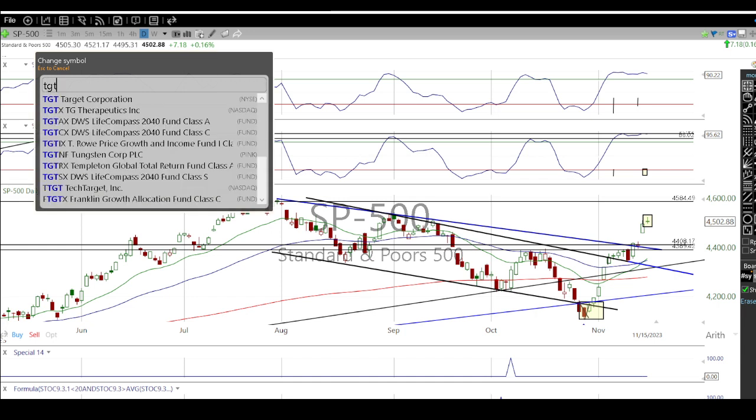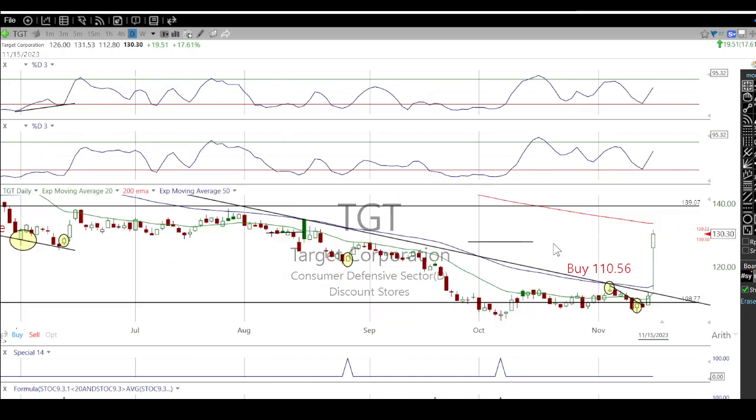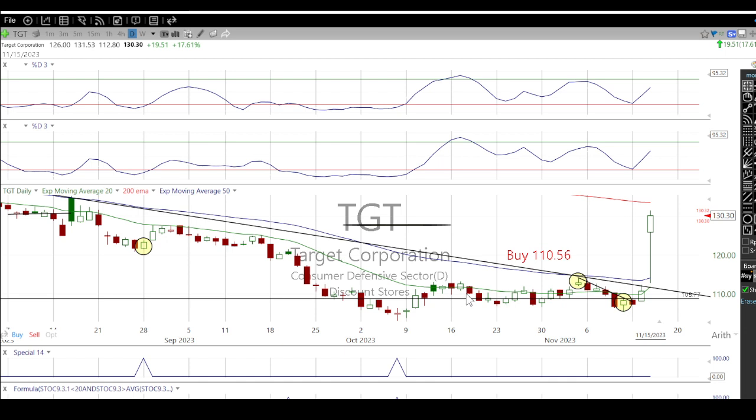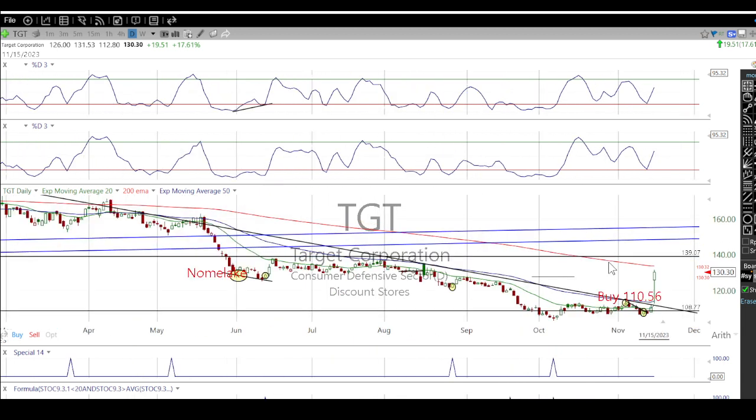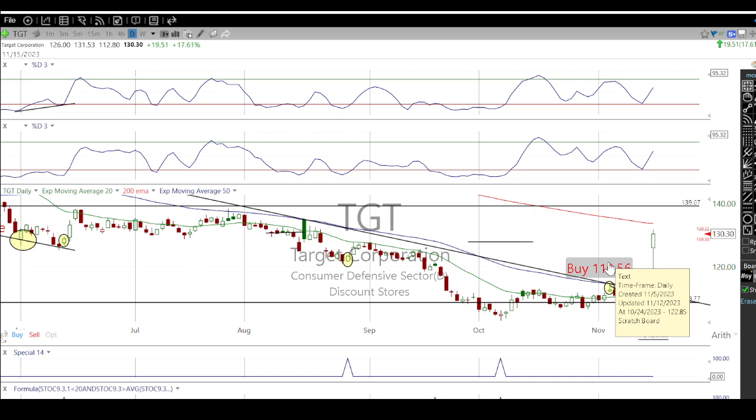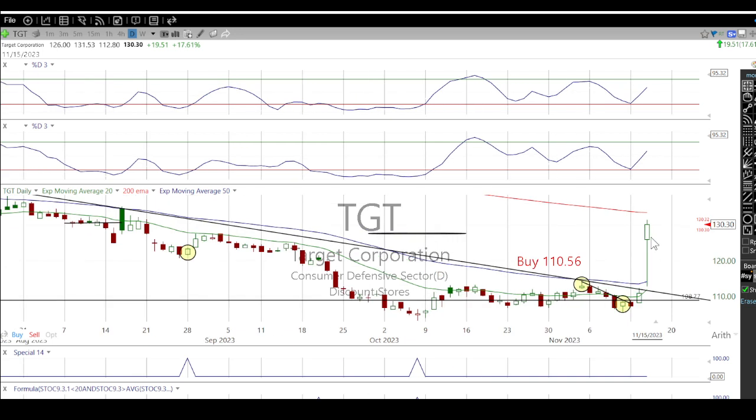Now, I'm not going to take credit for a technical explosion here, but we did on this week's watch list. My best bet was Target. One of the best bets. There's actually a couple best bets there, and Target was one of our good setups here. Our buy trigger was 110.56, so we got in there, and then yesterday I got in a little bit more because we had earnings coming up, but I had a feeling that the wokeness was going to be woken out of Target, and Target was going to get a nice little pop, and boy did it get a pop here, up to 130.